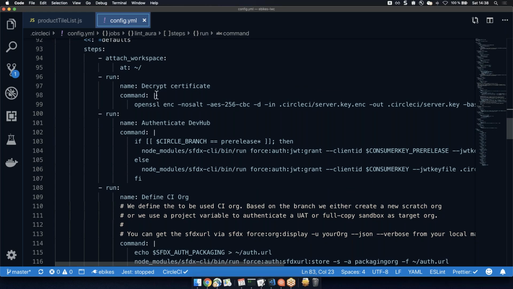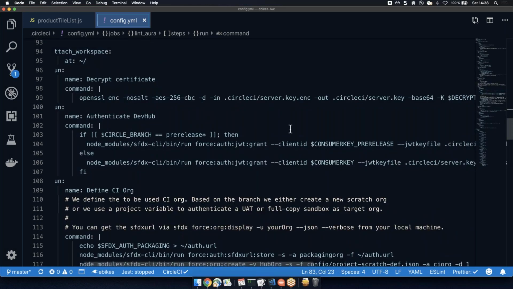This will also include a step for decrypting, for example, the certificate we use for authentication against our DevOps. And then we authenticate against the DevOps, right? Because the CI/CD system doesn't know, compared to your local machine where you do your development, which is the DevOps. How should I authenticate against it, right? And we use the JSON Web Token JWT mechanism against that,